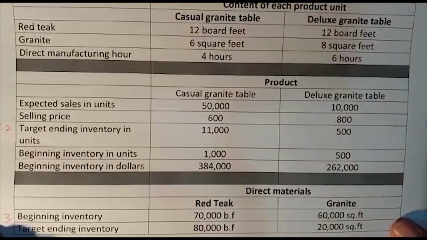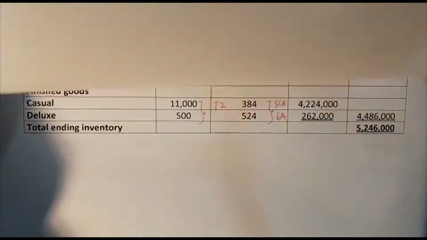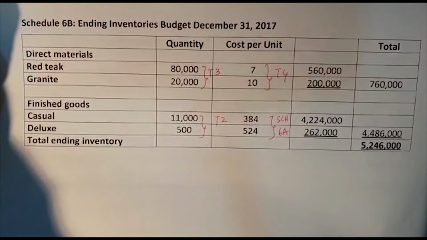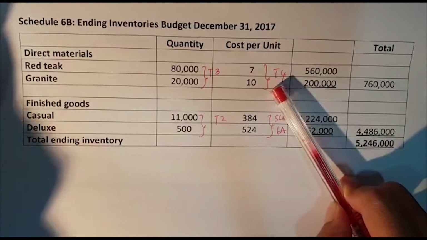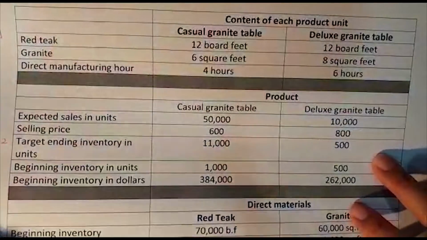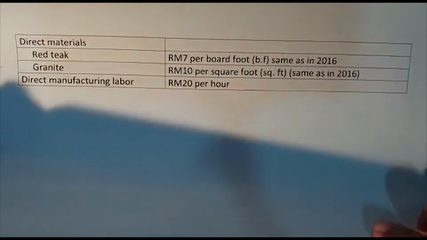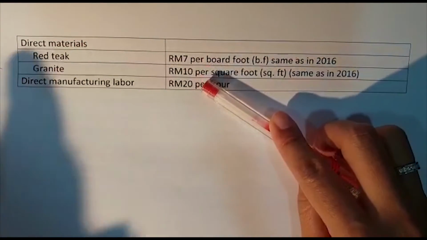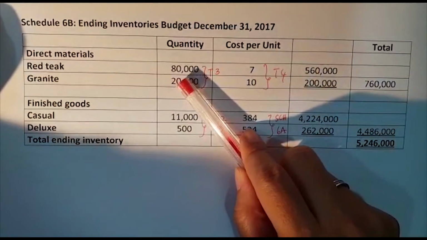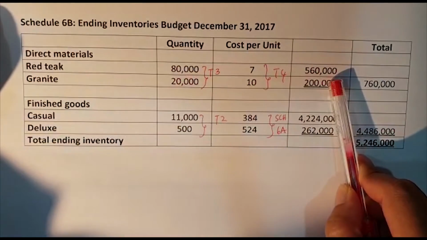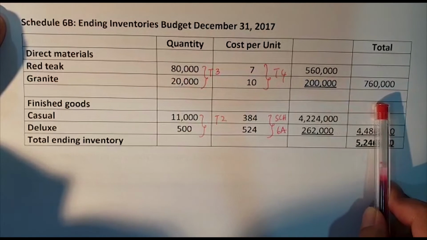Okay, 80,000 and 20,000 for granite, as well as the cost per unit of 7 and 10 respectively, as in table 4. This information is actually given to us, so we don't need to calculate it. 7 and 10 here, and we just total them up. 80,000 times 7, we get 560,000. 20,000 times 10, we get 200,000, and the total would